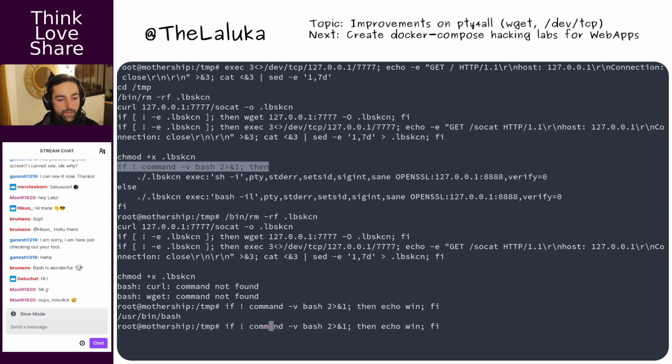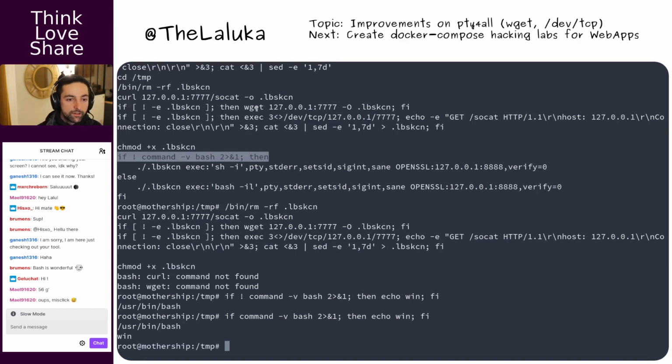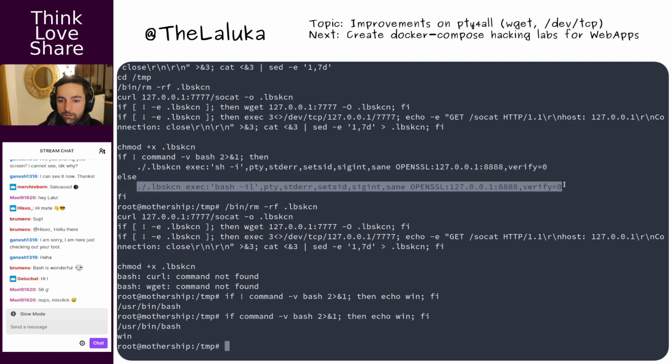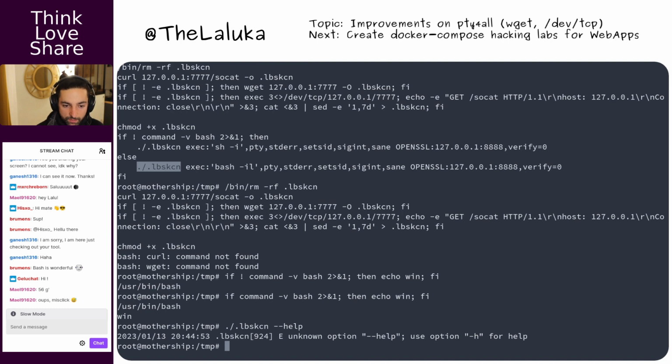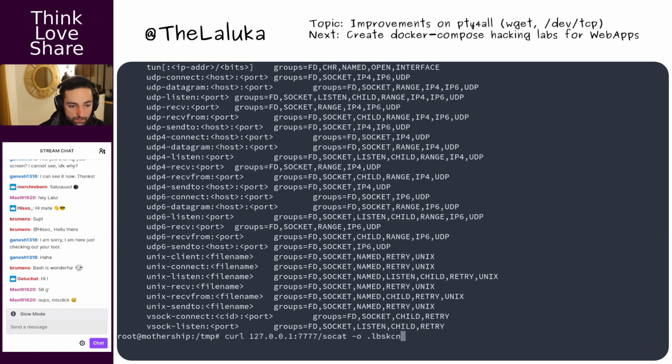If we do not have bash, don't do that, and so we are in the else case. So if bash is there, okay, so we will definitely execute the bash line. But is this one? Yeah, so that actually works as expected.